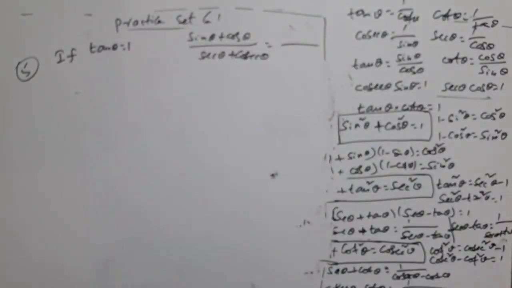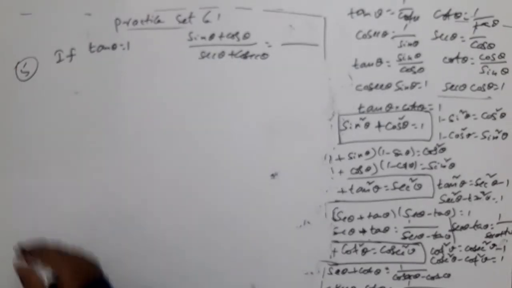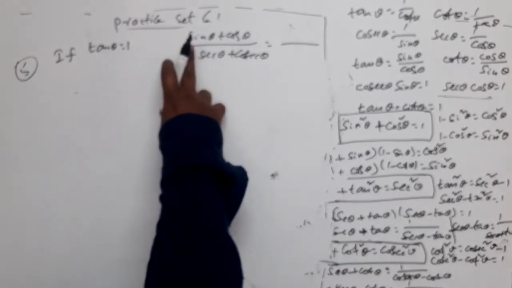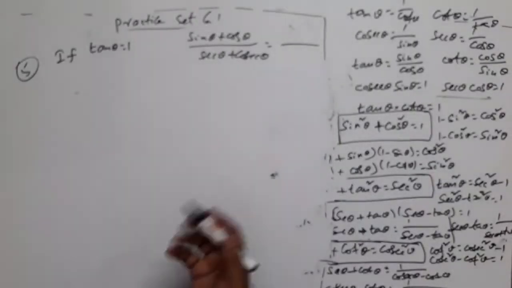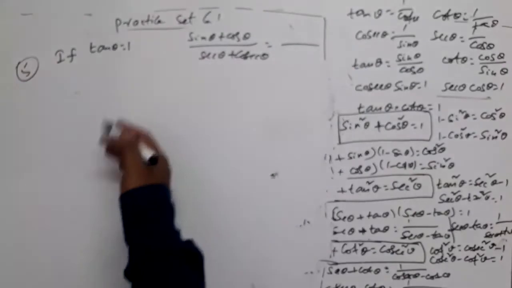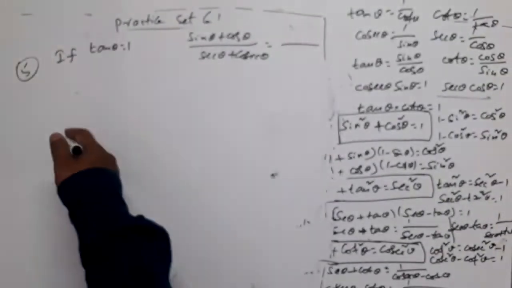Yes, what shall we do? The value of one trigonometric ratio is given. You need to find the value of this expression. This expression involves sin theta, cos theta, secant theta, cosecant theta. There are 4 ratios involved. One ratio is known, 4 ratios you want. So you can use the first method, taking a right angle triangle. Tan theta is 1 by 1, so opposite side 1k, adjacent side 1k. The third side, the hypotenuse, will be root of 1k whole square plus 1k whole square. That is root 2k. You can find the values.